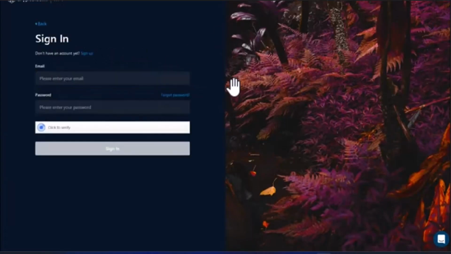So once again you have to sign in, so make sure to enter the correct email and the password that you've created recently, and after that tap on click to verify. So once again you'll need to verify, so this time a verification code will be sent to your email. So all you need to do is open up your email and then paste in the verification code, and then